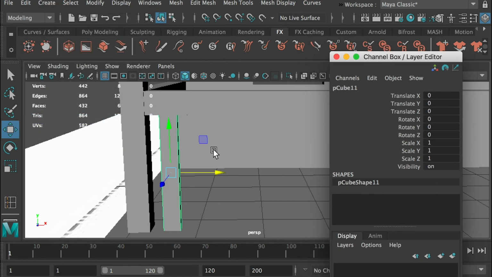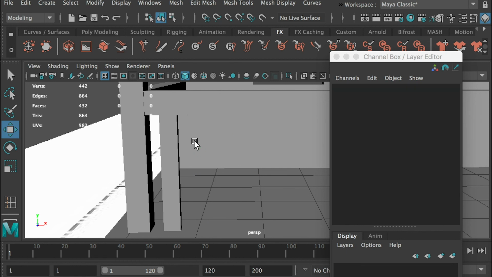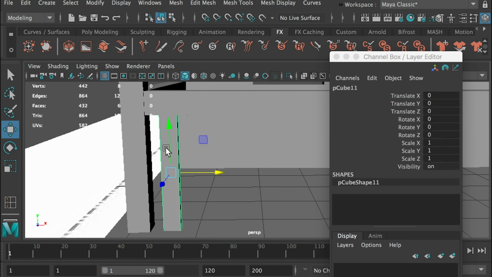Now if I hit Command D to make a duplication, I know how far I moved by reading the number. So if I put 0.5 here, it looks like a good space, right? So it'll be 0.5 on the x-axis. I'll delete this one, and then I'll select this piece. What I'll do is I'll go to